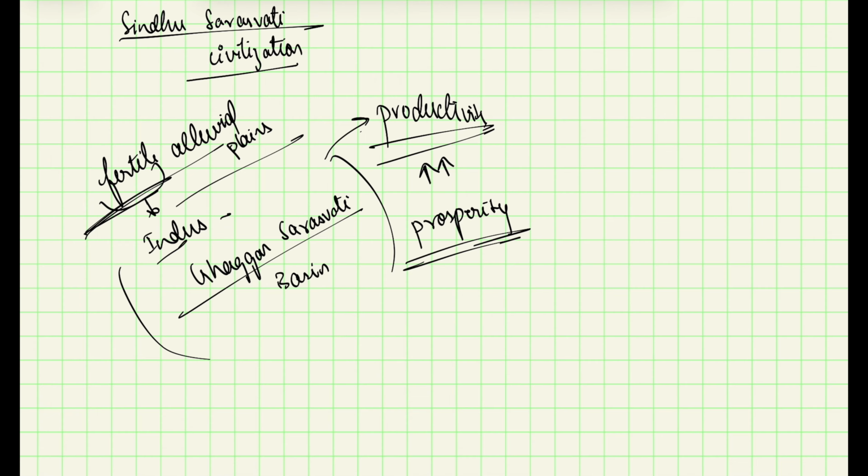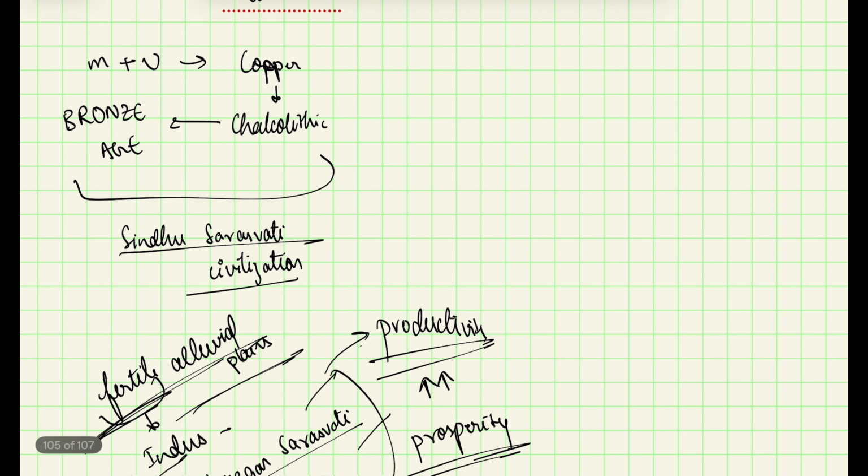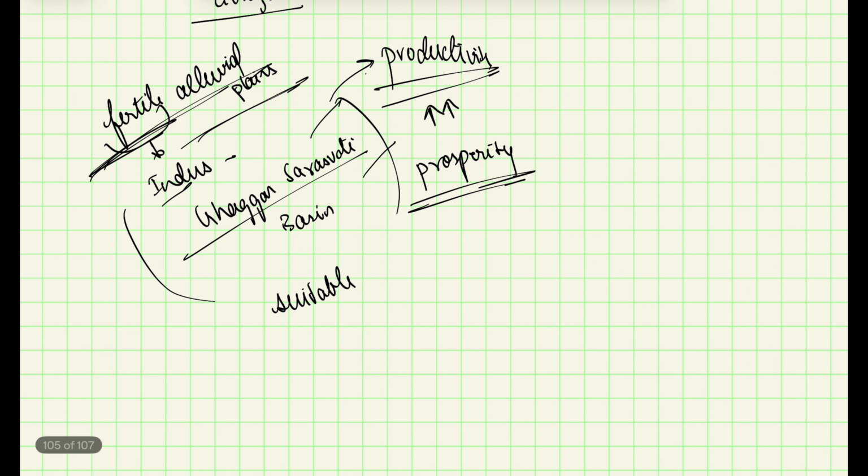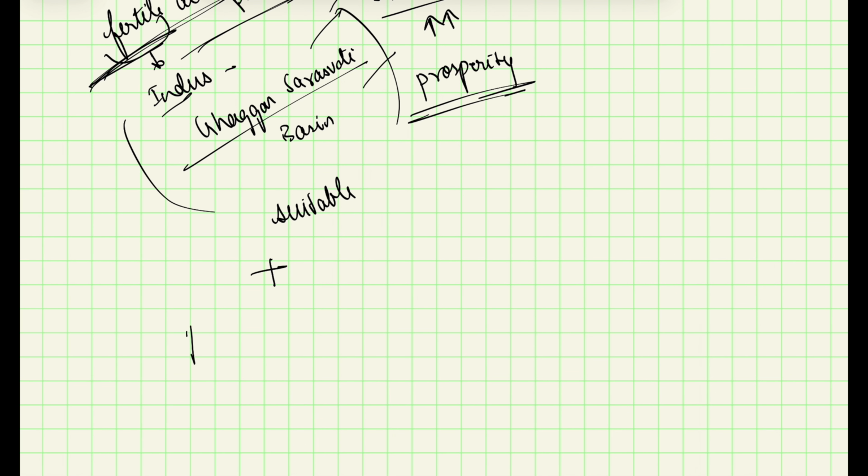That is how communities developed in these alluvial plains, because they were more suitable for living. They had proper irrigation, water supply, fertile lands, and they also understood the use of copper. Along with agriculture, they also did pottery. They were skillful in pottery, performing it on a large scale. Every region had its own style of pottery, so they had craft production as well.